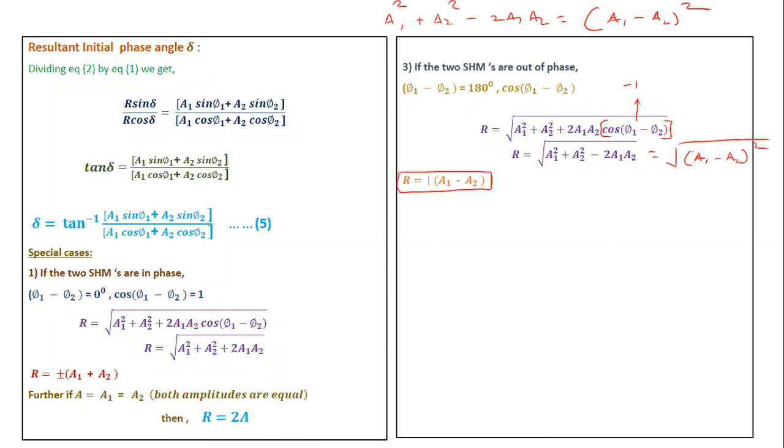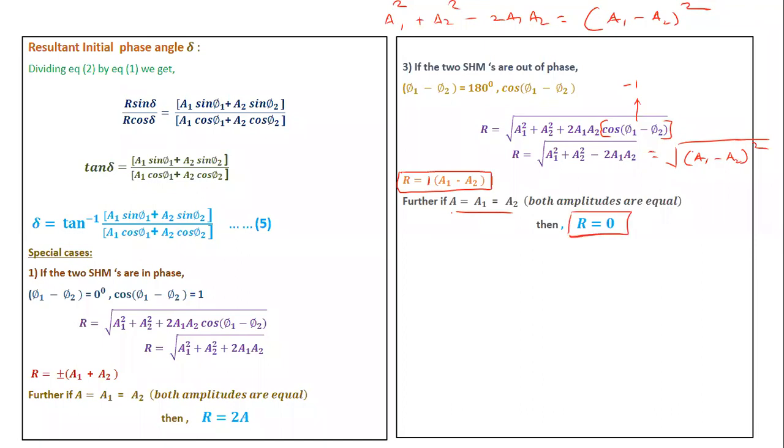Okay. So this is the expression for resultant amplitude. Here we have written the modulus, meaning we are considering the magnitude only. Now, if I consider that A1 and A2 are both the same and equal to A, then if you substitute, A minus A is 0. So we get resultant amplitude 0.